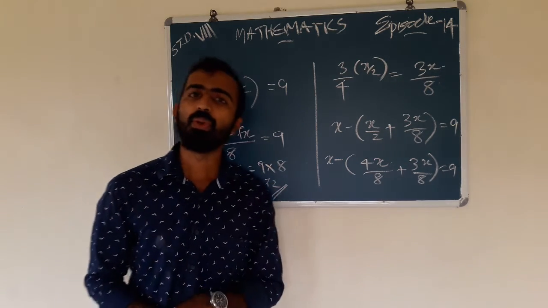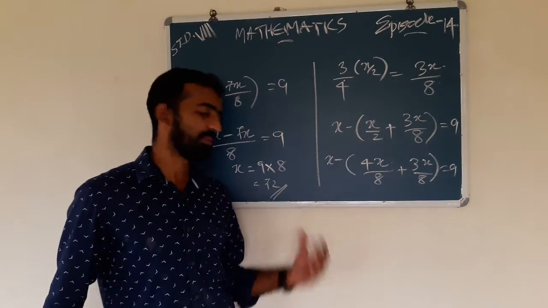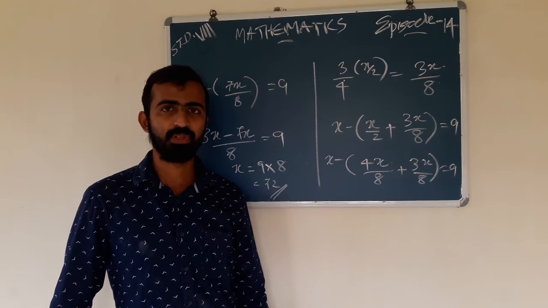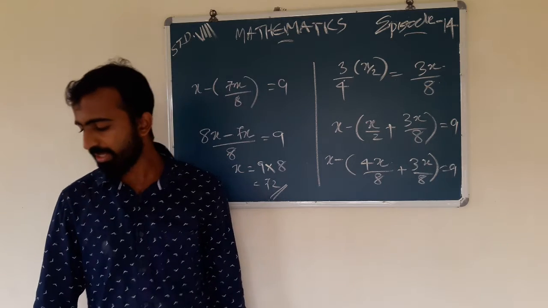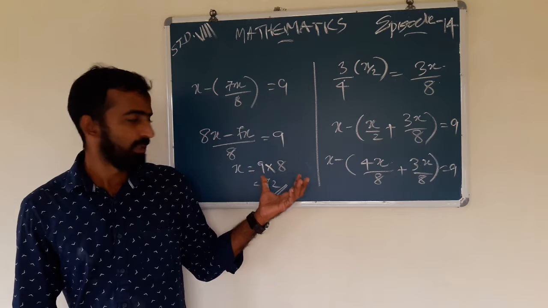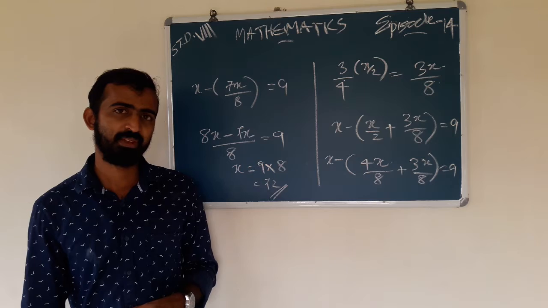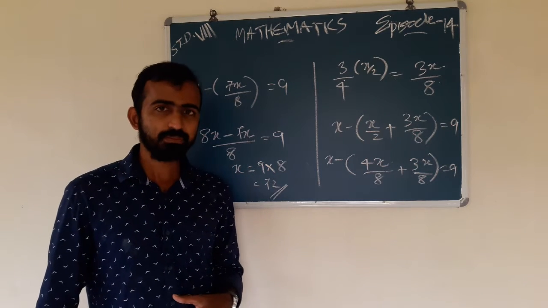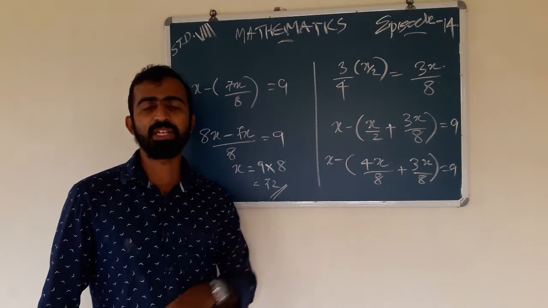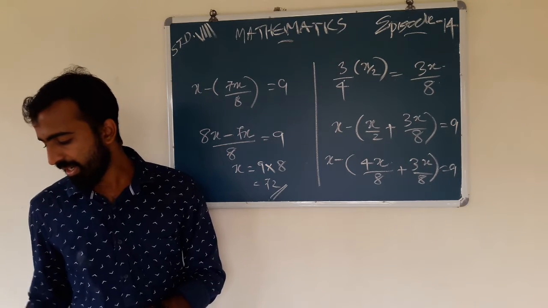We get 72. That is, the number of years is 72. So the answer is 72. To check, when we apply this 72 by 2, we get 36. Is it? Yes. All conditions are satisfied. And the next one is